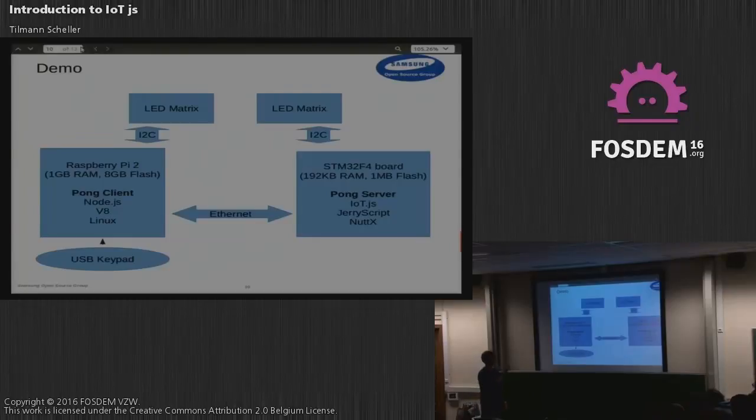So on the Raspberry Pi we have quite a lot of resources. There's 1 GB of RAM, 8 GB of flash, so we can just use the traditional Linux V8 Node.js stack. But on the STM board we are much more limited. The STM board hosts a Cortex-M4 ARM microcontroller, and we just have 192 kilobytes of RAM. So we are much more constrained here. We have 1 megabyte of flash, and